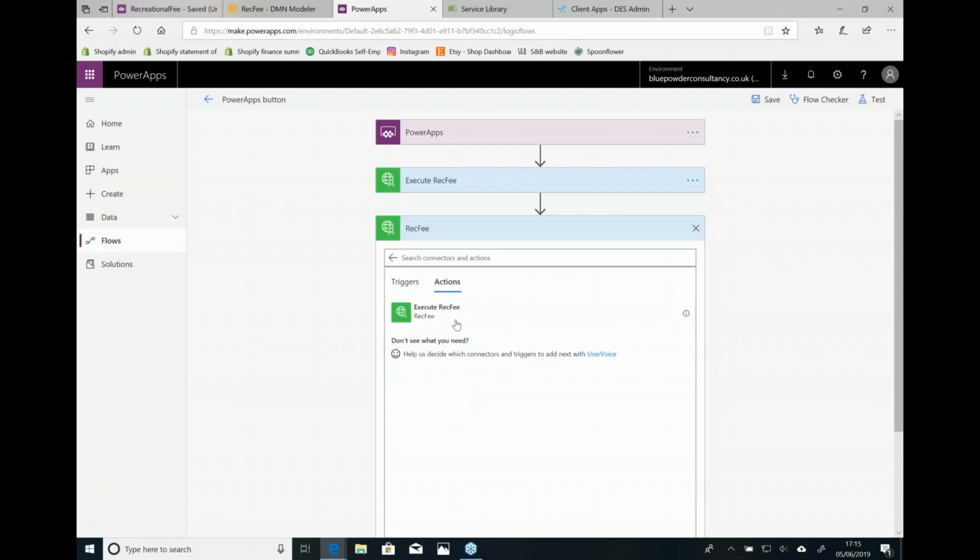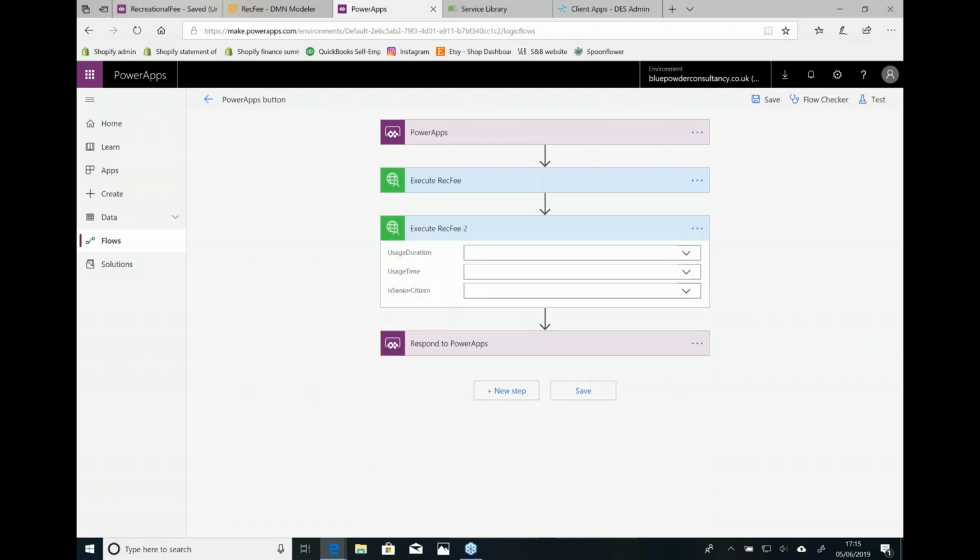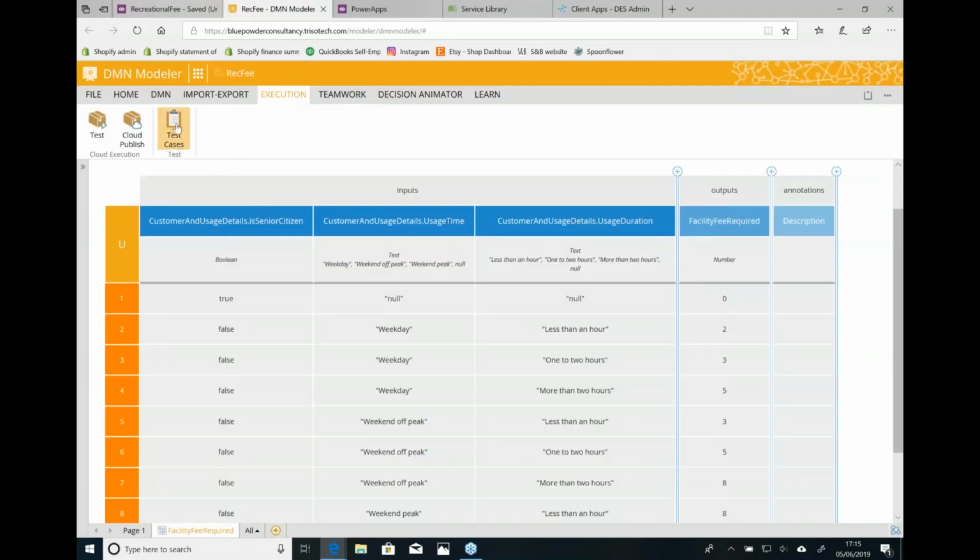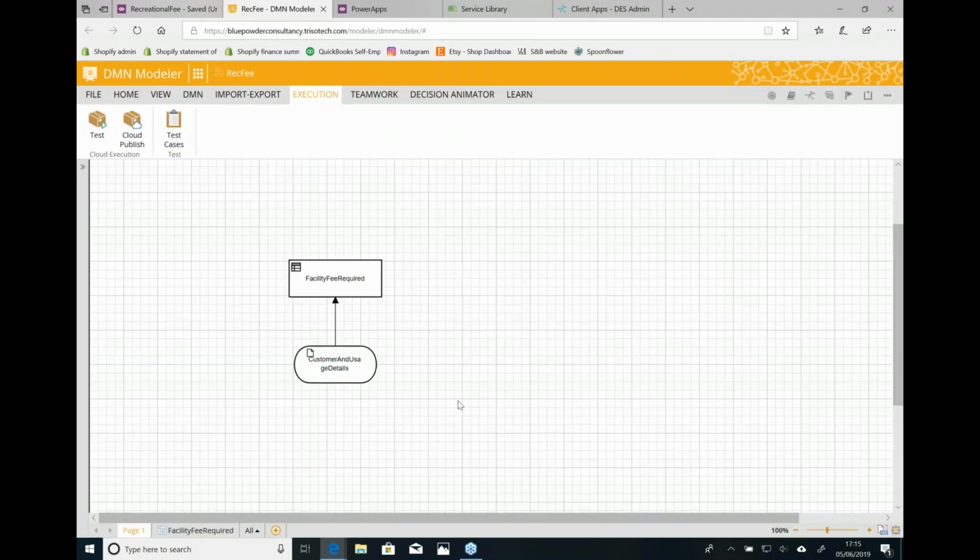I'll add it again just so that you can see what kind of thing it asks me for. So what it knows is it knows that I'm expecting a set of input data, and that set of input data, you can see from the names, corresponds to the input data that we saw in the input data item here. So if I go back into this one,